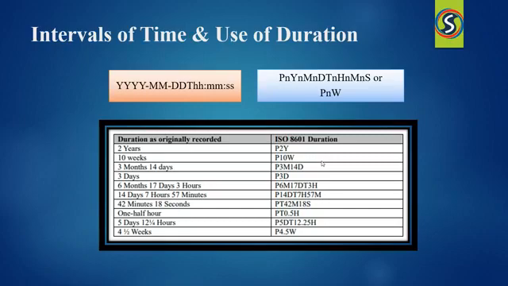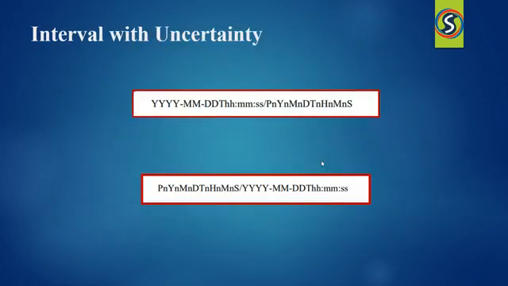So let us also see the interval with uncertainty. An interval of time is nothing but your amount of time, that is the duration, following an event whose start date or time is recorded with some level of precision, that is when one knows the start date or time and the duration following it. So the correct ISO 8601 usage to represent this interval can be a 4-digit year followed by a hyphen, 2-digit month, and followed by a hyphen, 2-digit day. Then your separator